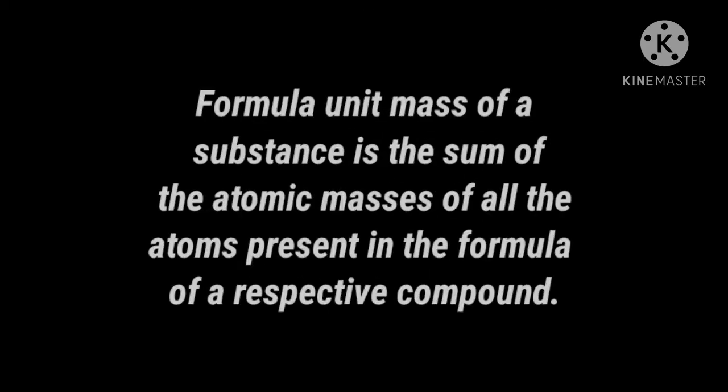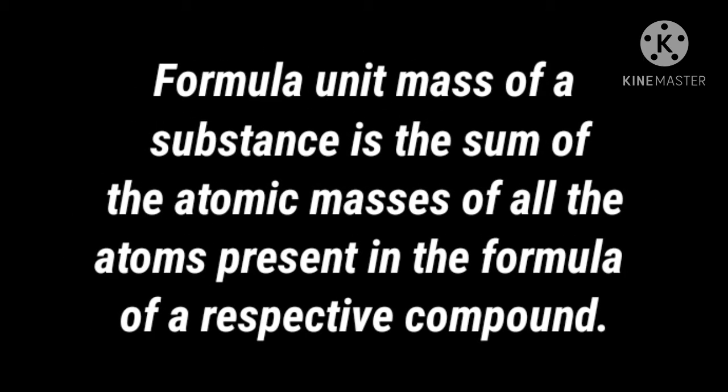Okay, then comes formula unit mass. So it is the mass of a substance. It is the sum of the atomic masses of all the atoms present in the formula of a compound. मतलब एक कंपाउंड जैसे कि हमने लास्ट वीडियो में पढ़ा कंपाउंड के बारे में, तो उसका जो पूरा मास है हमको वो कैलकुलेट करना है. तो वो हम कैसे कैलकुलेट करेंगे? अकॉर्डिंग टू द नंबर ऑफ एटम्स प्रेजेंट इन दैट पर्टिकुलर compound. So by calculating the number of atoms and valencies, then we will calculate the whole formula unit mass.